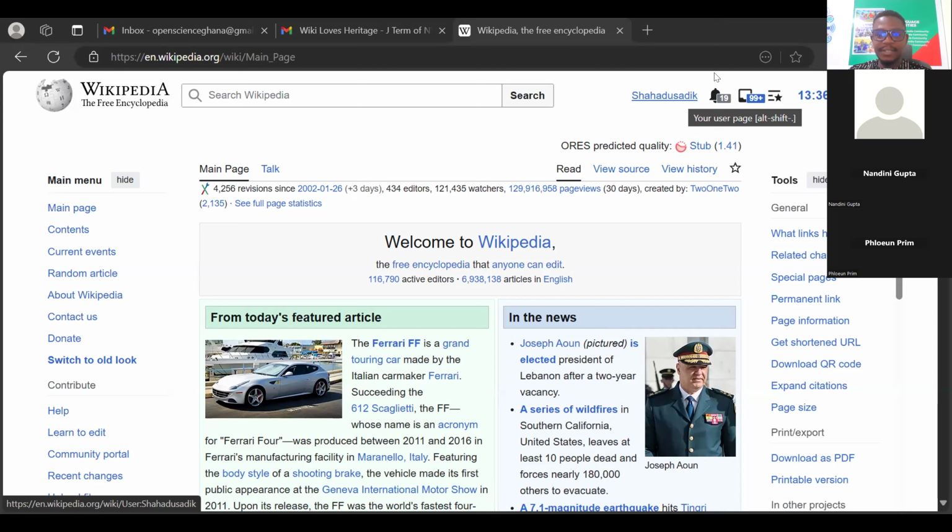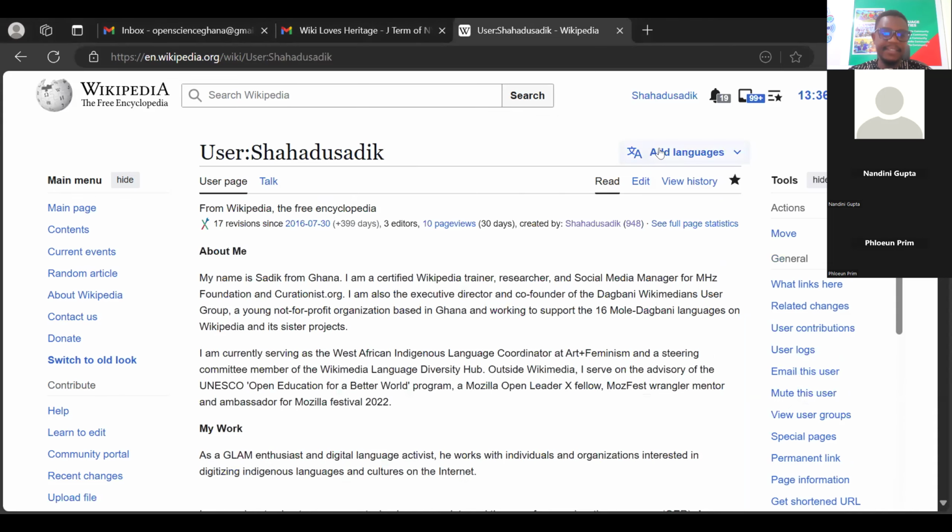I spoke about the user page. If you have created your account freshly, you see that your username is in red. Mine is blue because I've created my user page. Your user page is not your page or article on Wikipedia. You click on the red link, and it will ask you to write something about yourself on your user page.